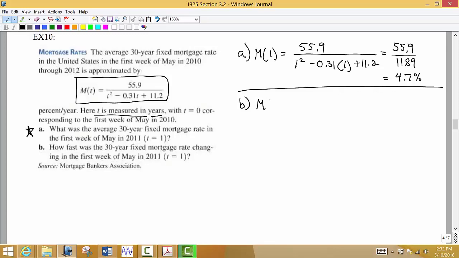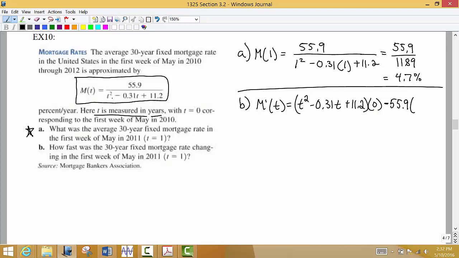So we're going to find the derivative. We want to know how fast something is changing. We want to find the derivative of our function. We have a fraction, so we're going to use our quotient rule. So it's going to be the denominator as is times the derivative of the numerator, which is 0. Remember our constant, if we take the derivative of that, we get 0. Minus the numerator as is